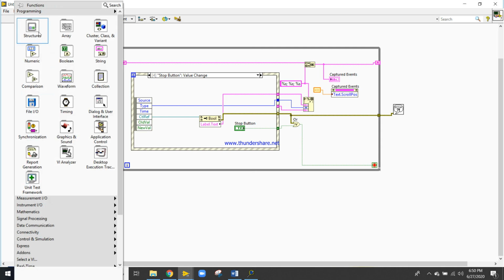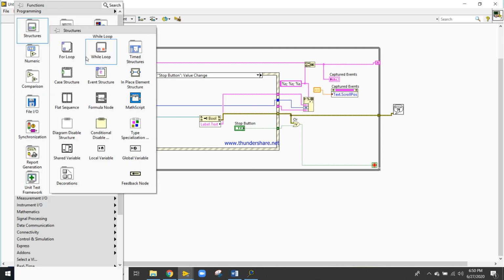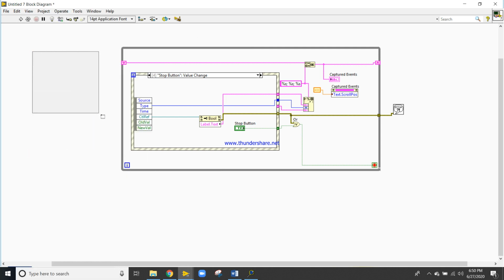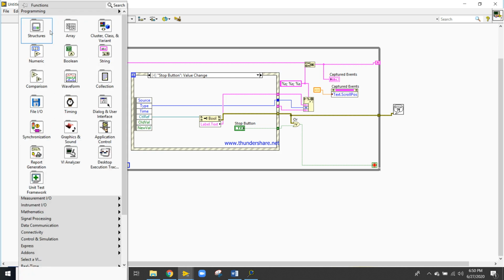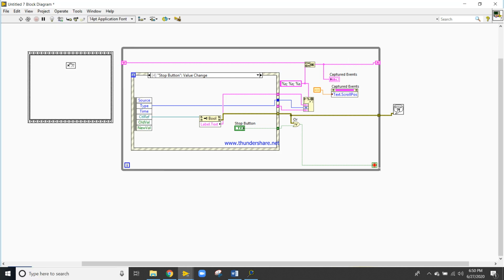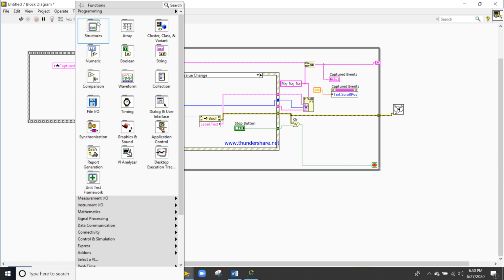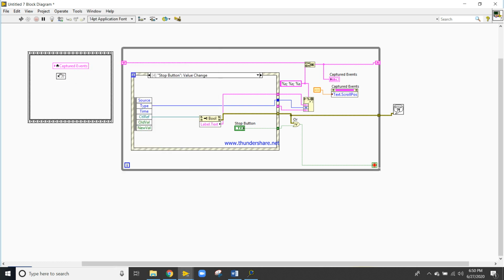Now last thing, we need to initialize. If we do not initialize, every time we will read the default value from the last value. So one will be the event, and second take a local variable again. Click here, string control.